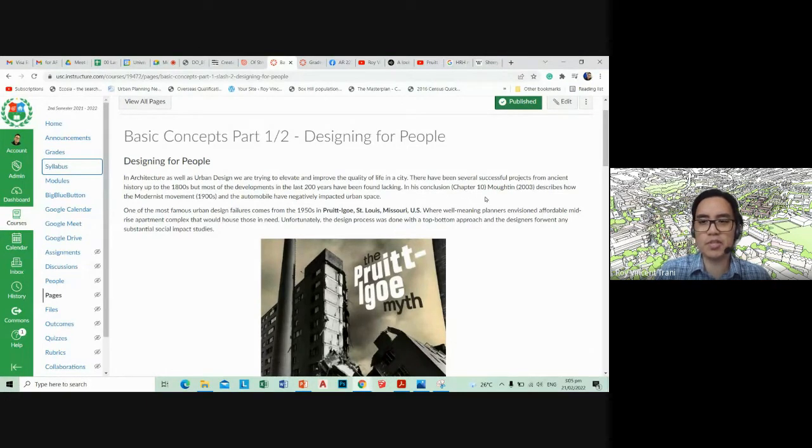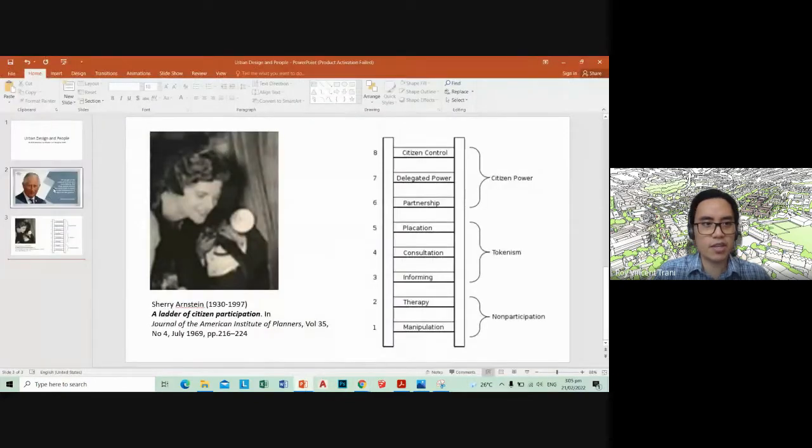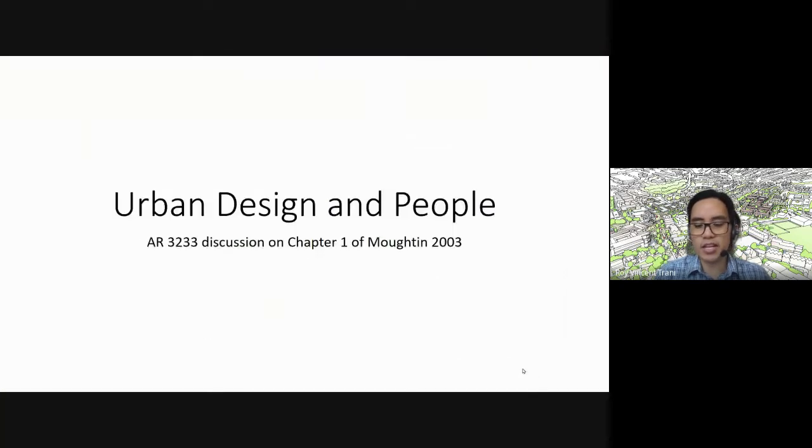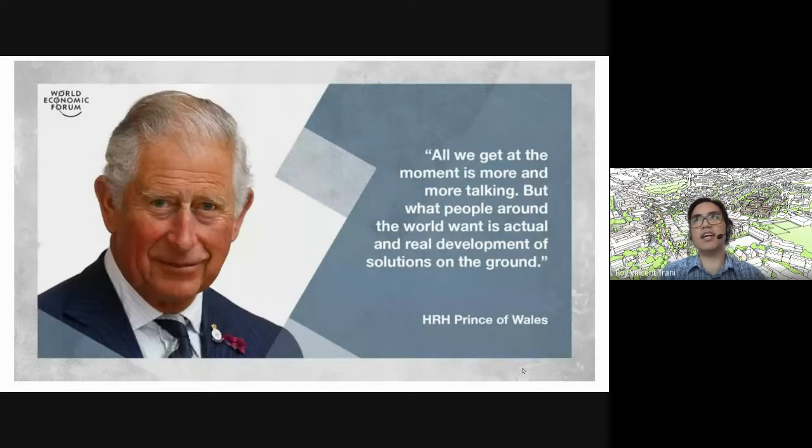In chapter 10 of Moughtin, he describes how the modernist movement in the 1900s and the automobile have negatively impacted urban space. So I have some few visual aids here. When Moughtin says designing for people, he means that there should be more public participation. There should be more sensitivity in not just the planners and the architects, but also the government as well. He highlights in the first part of chapter one, His Royal Highness, that's what HRH stands for, Prince of Wales said that